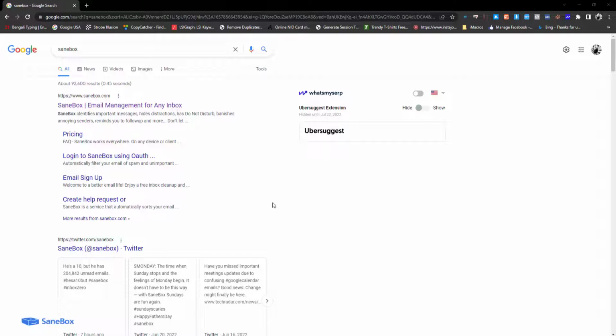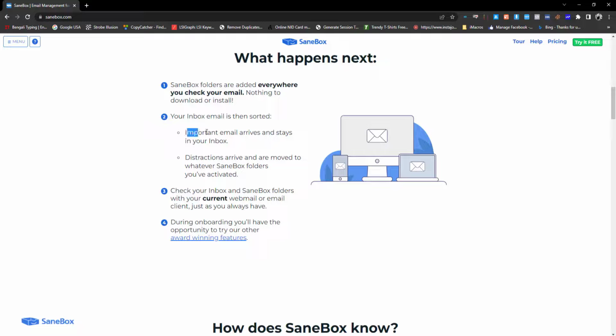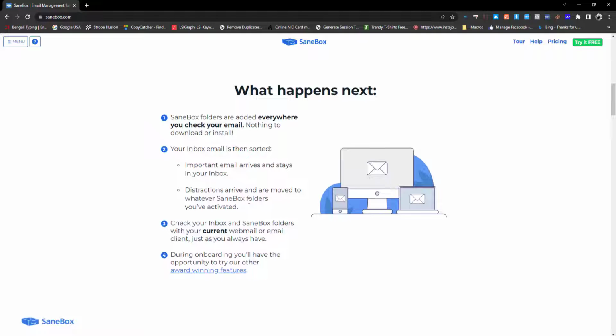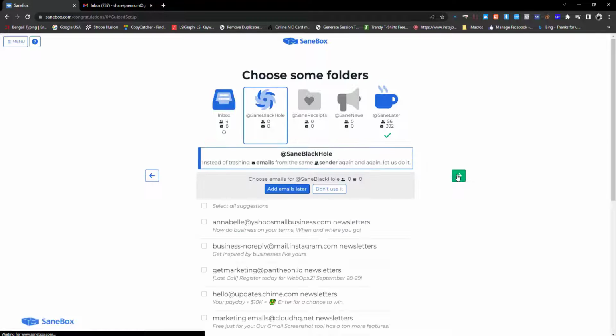To help with that, I'll introduce you to an amazing tool that will help you get rid of the unnecessary emails you get daily. Now, Sanebox. This is a tool that will help you get rid of all the unnecessary emails, and if you are losing important emails from your inbox, it may help you. It's the best tool to sort